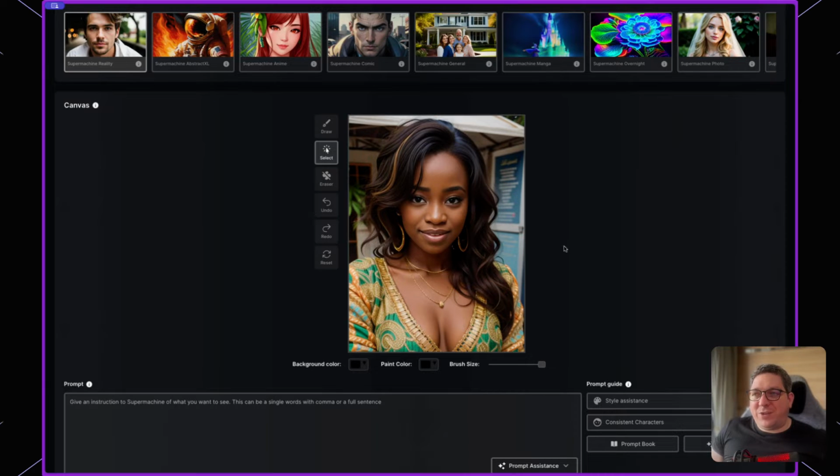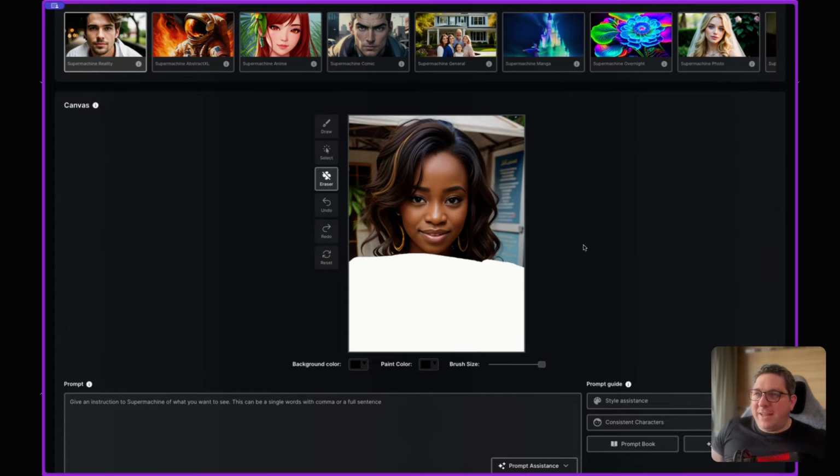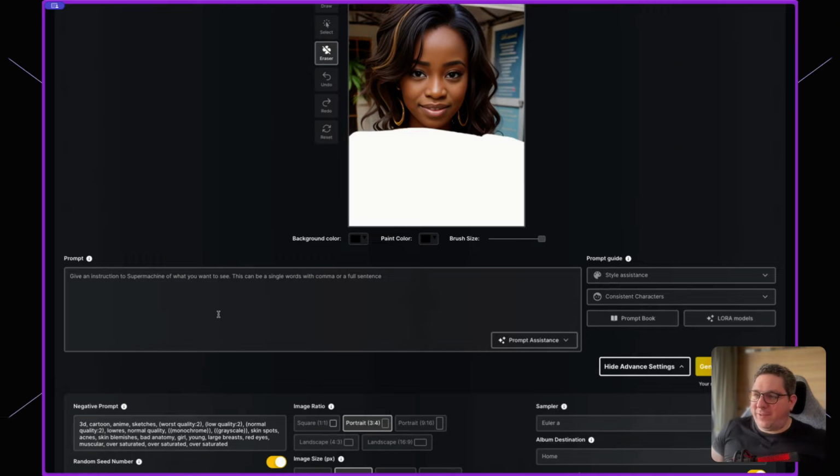And then if I want to change the image, I can then draw on top of it. What I'm going to do for this example is I'm just going to take out the body of the image. I'm not going to be too exact with this, and we'll just make sure that this body disappears. And then I'm going to write a new prompt. So I'm going to put photo of a Nigerian female wearing a snow jacket, full portrait, professional photography,